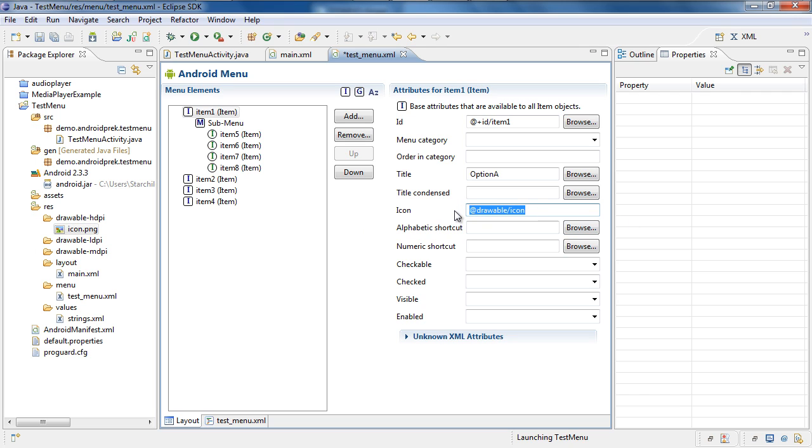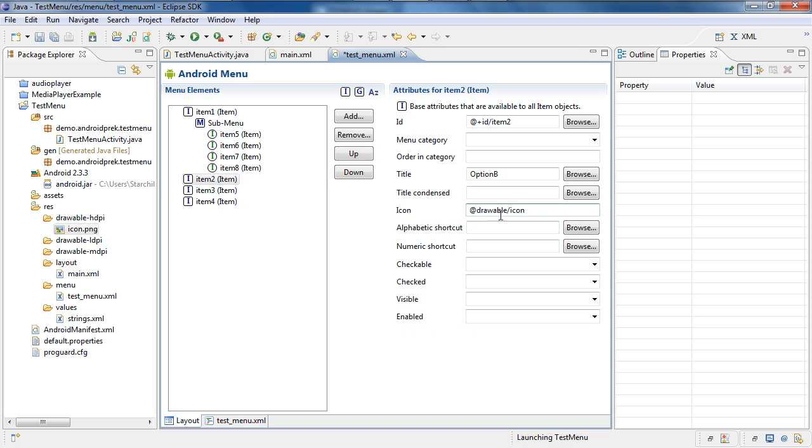What we're going to do is we're going to copy and paste this, because we're going to use the same image for all of the main menu items. I just want you to see how to get an image inside of it. And you can add whatever icons you want. You can download whatever icons you want to use and just put them inside the respective folders. And then you could just set the path inside the icon for your items, and then that icon will show up for the items. So we'll just go down to the next menu item and we'll just paste that code